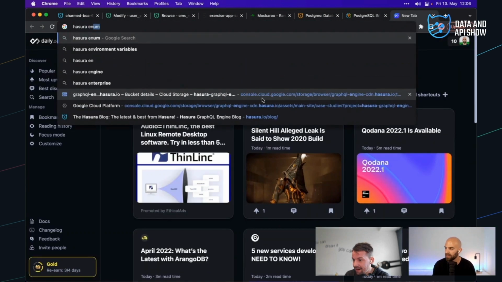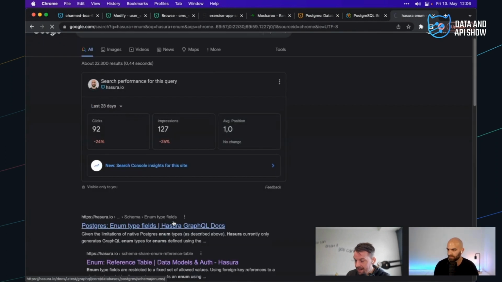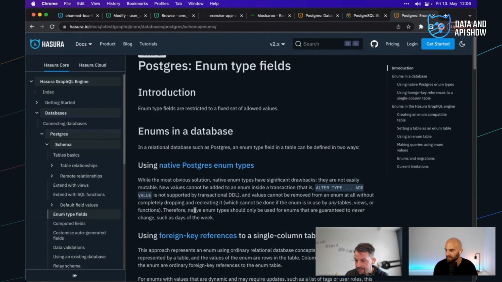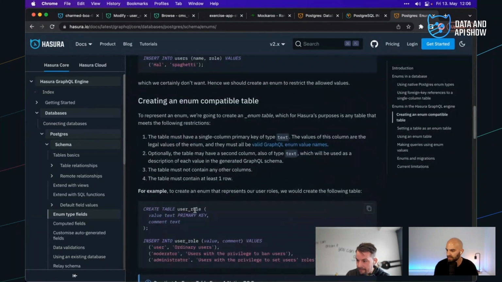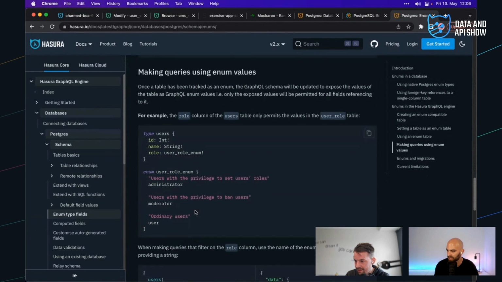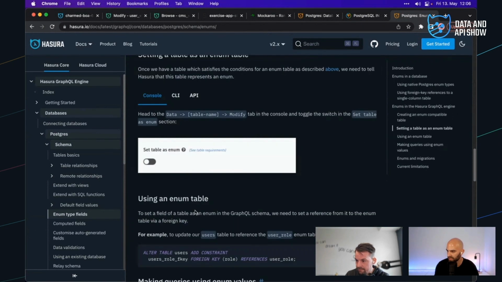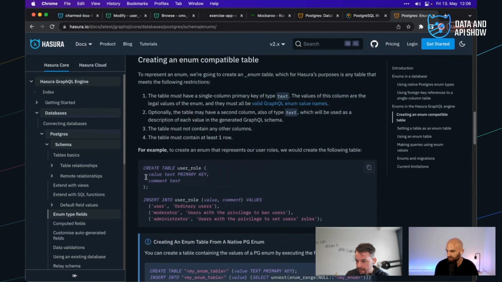Yeah, because Hasura enum, just have a look, because technically we're relatively halfway there. So the way to do it down here, we have to look at the table structure. It's got to be a special format where value is the only insert here.